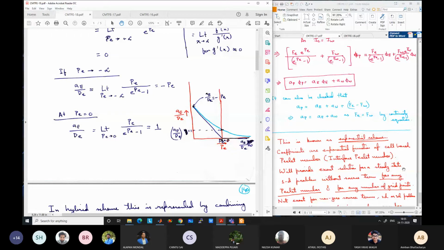I will repeat. I was saying that we could have approximated the exact solution given by this line by using these two straight lines. But doing this leads us to a very large error at very low values of Peclet number. And the error is maximum at Peclet number equal to 0. So as a result, we use the third line and take that to be such that the error is minimized. And that happens if I take the line through the point of the exact curve at p equal to 0 instead of taking that line through p equal to 2 or minus 2. Is it clear to you, Nikhil, what I am trying to say?